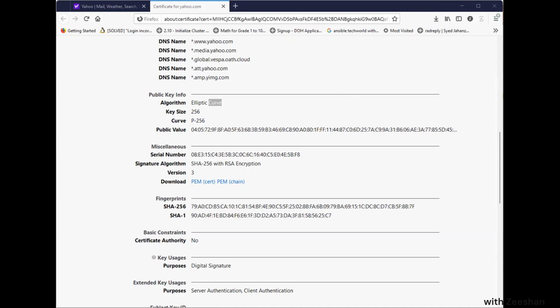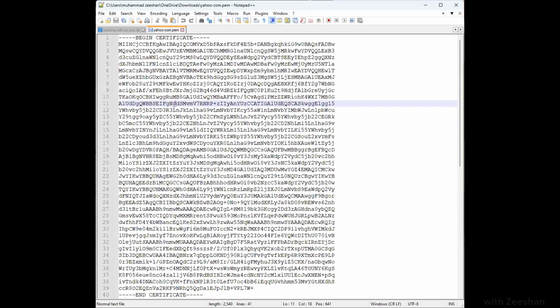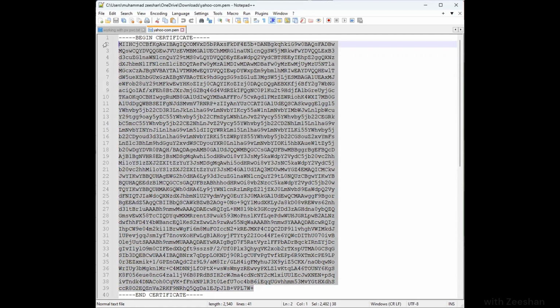In Notepad, so this is the public key. We are not talking about one or two digits. This is your key. That's nice. So how many combinations are you going to make to achieve this key? That's why I was saying it is not possible to decode it. It's just the certificate. Imagine, it is just the key, the public key.